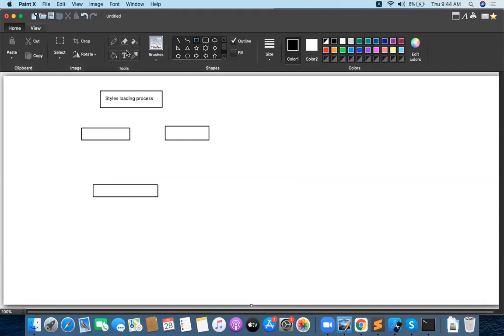Let me tell you: this is the external style I'm taking, this is the internal style I'm taking, and here I'm taking the inline style. Inline style is always the first preference. That is element level style. Element level style is always the first preference.